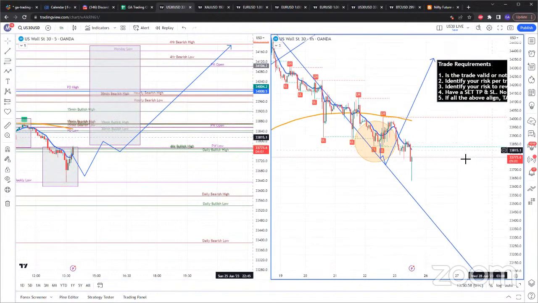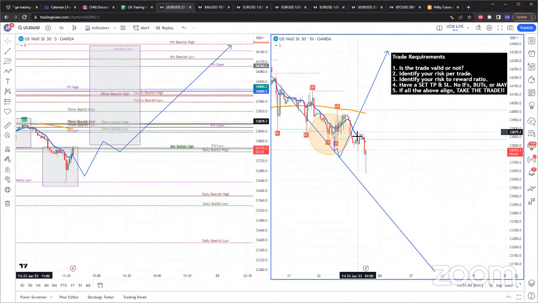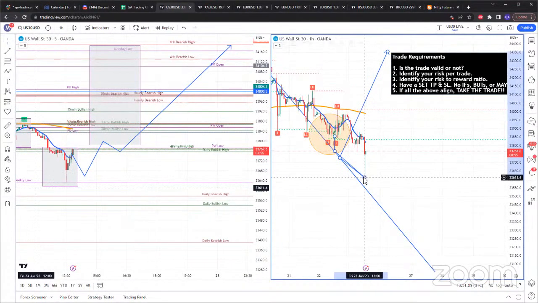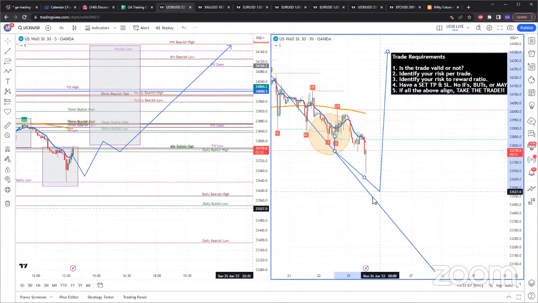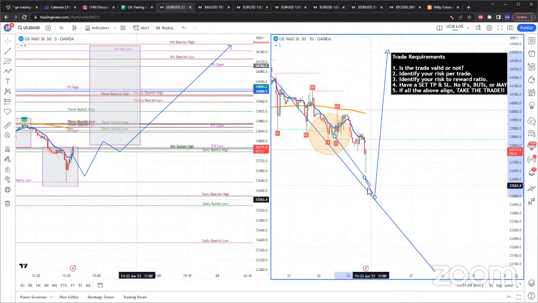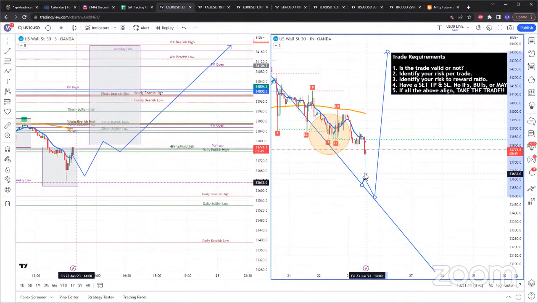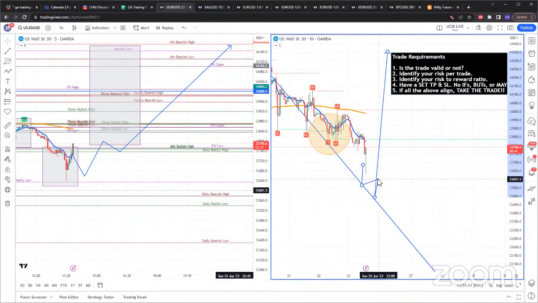So nowadays, right, I draw my trend lines on the hourly, and I do expect hourly trend lines to be retested. So it did not happen here at this point. It might happen down here. It might happen down here instead.